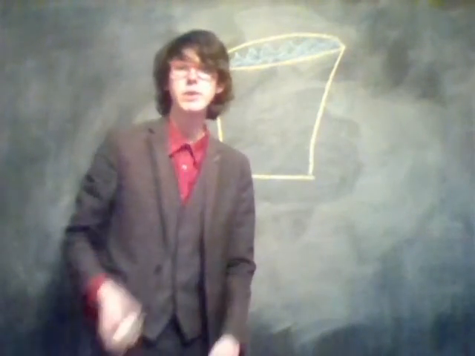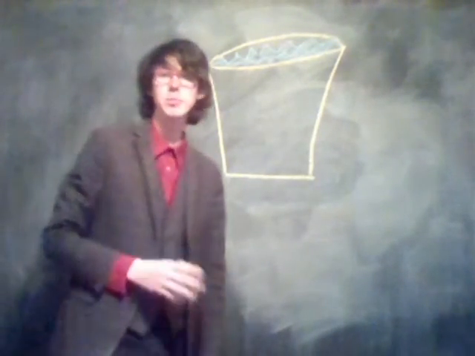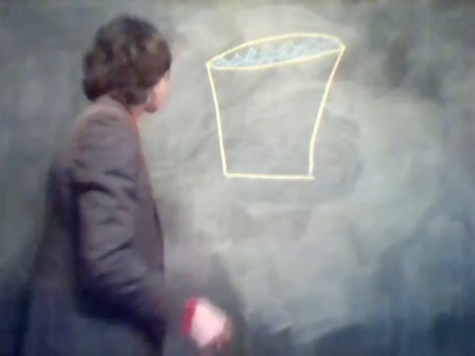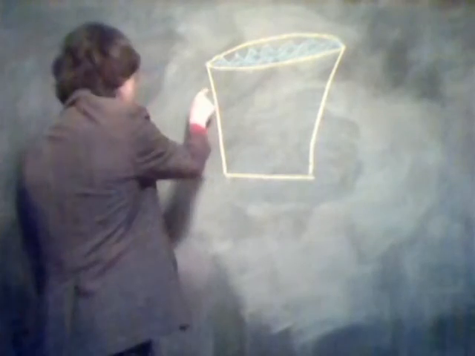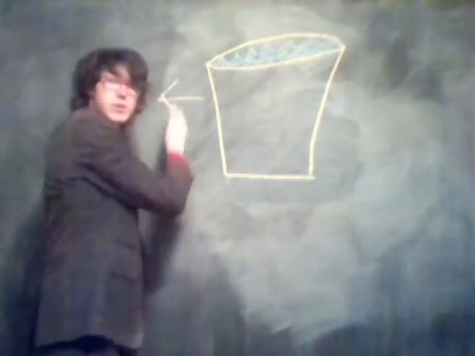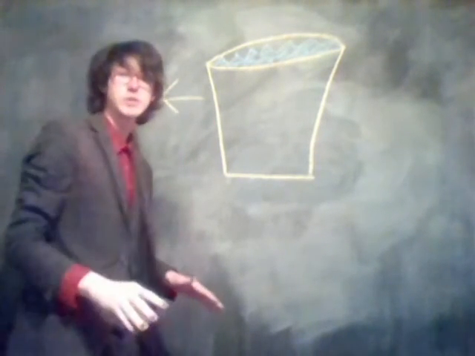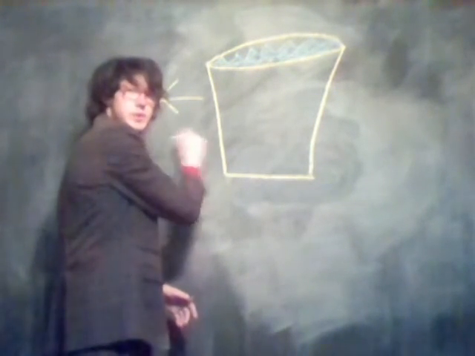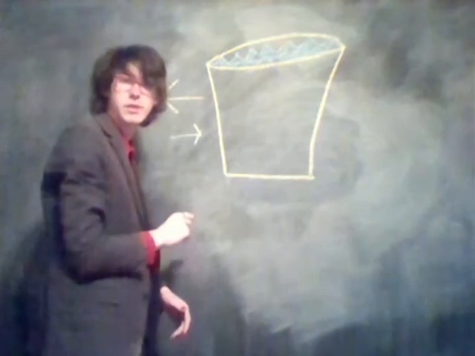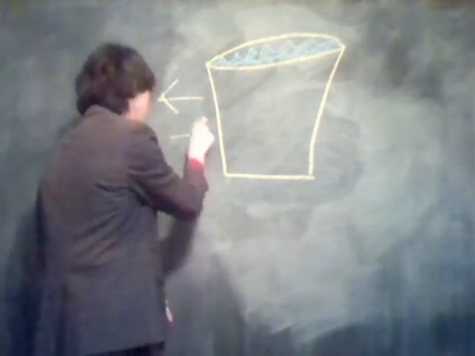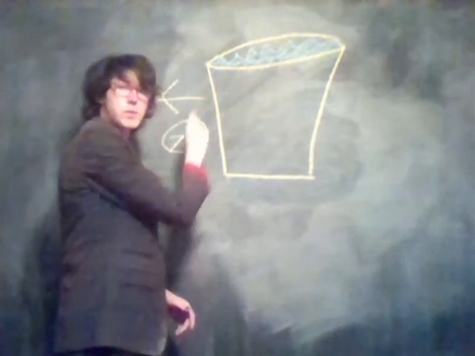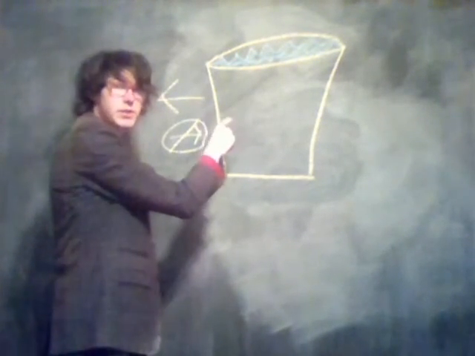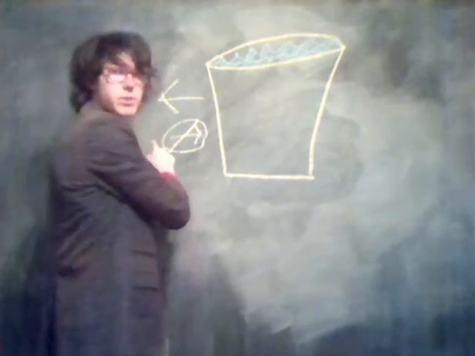For example, if you had a bucket of boiling water and you placed it outside on a cold winter day, heat energy would transfer from the bucket to the outside world. But no heat energy would spontaneously transfer from the outside world into the bucket. Heat energy only moves from the hot object or hot area to the cold object or the cold area.